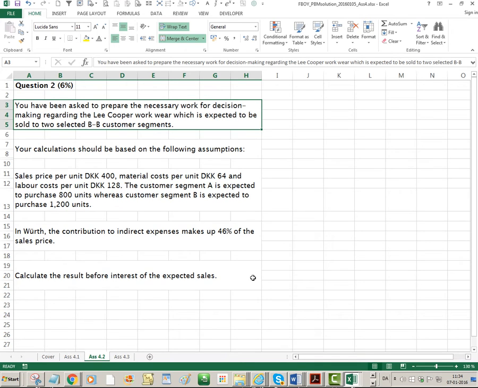So this is more or less a classical thing when you talk about cost system and how to allocate indirect expenses if you do not have an activity-based costing system. So like the situation previously to making ABC. And we have actually, I think we used a supermarket example in class where they assigned the indirect expenses with a certain percentage of sales as well. But we see here Wurth, they have 46%. The indirect expenses should be almost half of it compared to the sales price. Okay, so we have to make some calculations here,